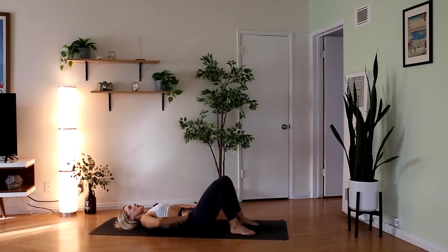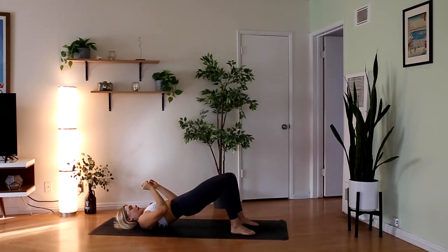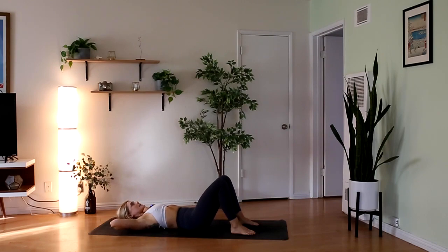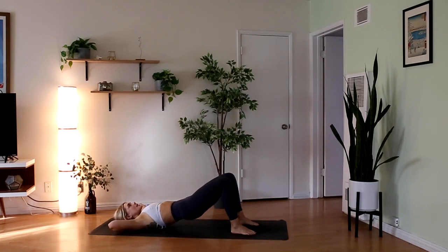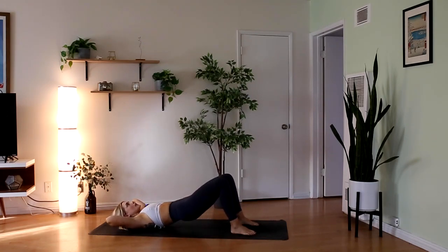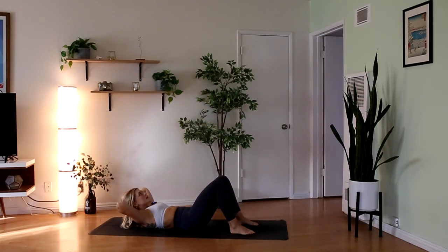strong and controlled. So for this little mini sequence, we're going to take a bridge lift up, drop it down, interlace the hands behind your head, we crunch up, face towards the ceiling, come down. All right, we'll go in 3, 2, 1. We bridge, take it down, we crunch, take it down, we bridge, take it down, we crunch, take it down,